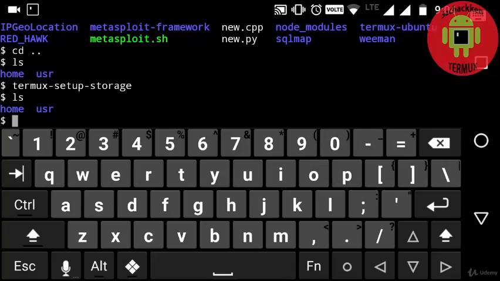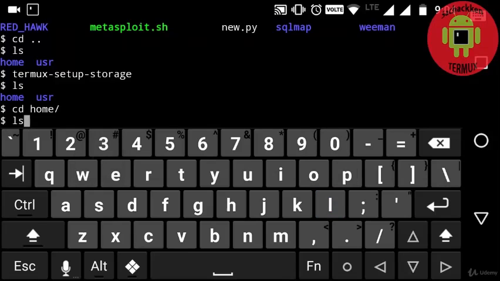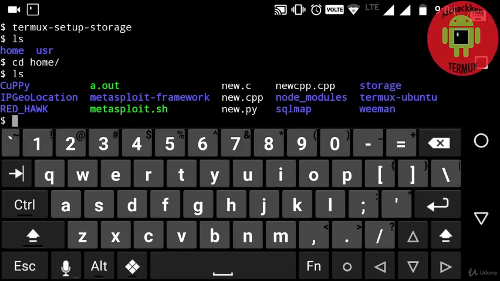After that, you can see the shared folder. By that, you can access any other files present in your internal storage. So now, getting back to my command, then I'm going to type ls command. Again, you can see here the home and user directory, and next entering into my home directory by typing cd home, and then again ls command, enter. That storage command. Okay, now getting into storage folder by typing cd storage, and again